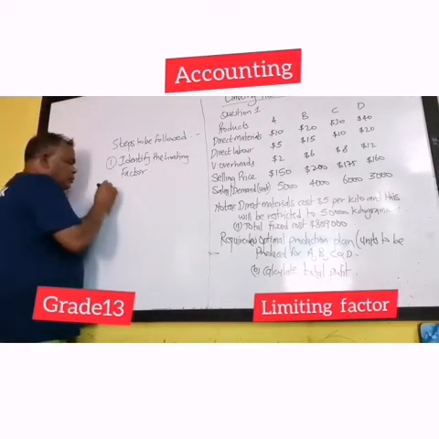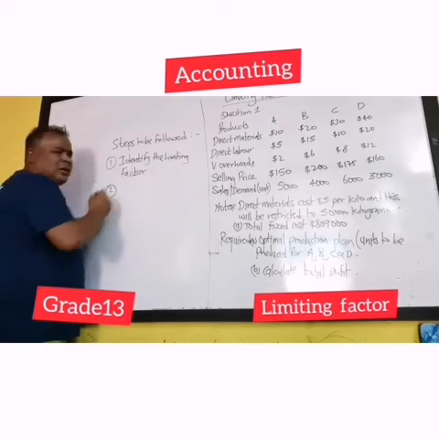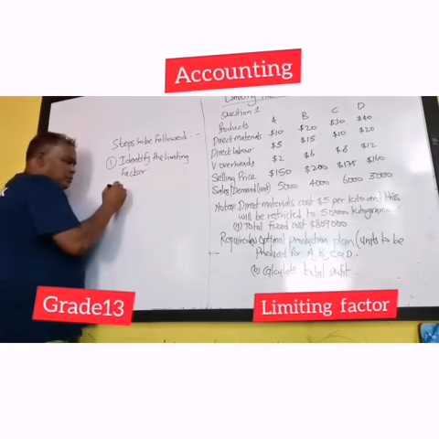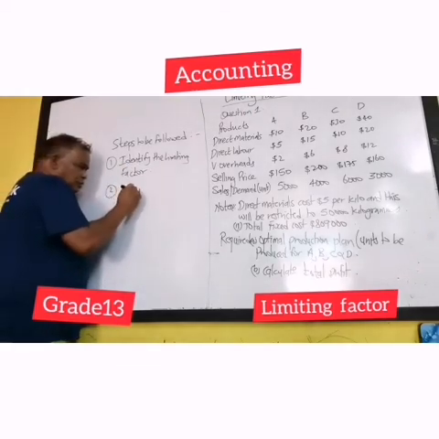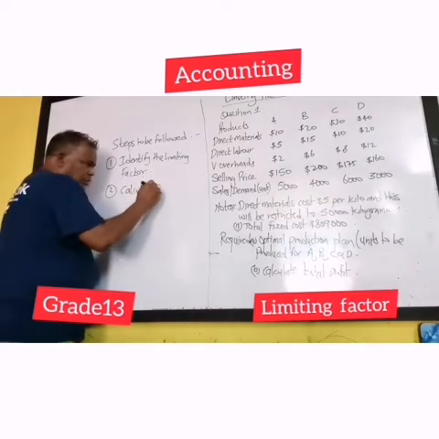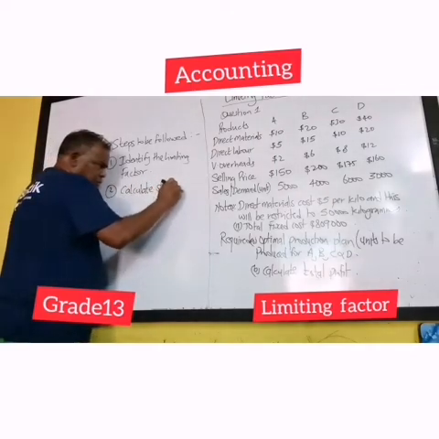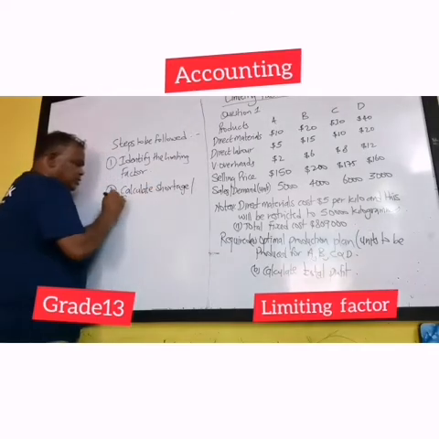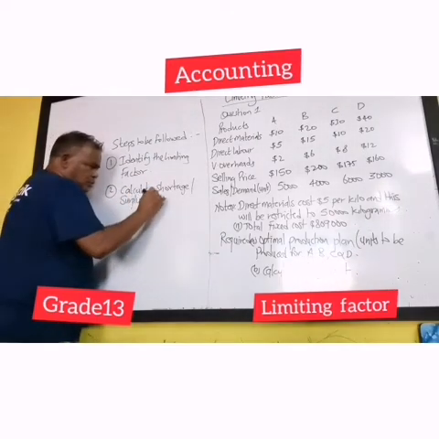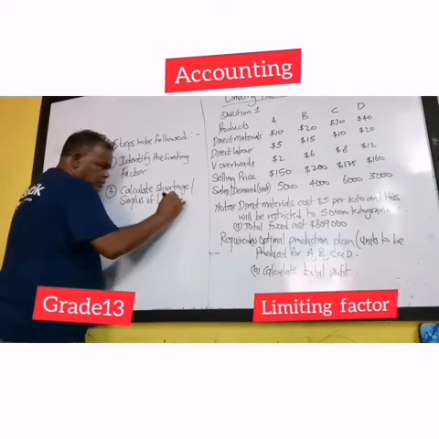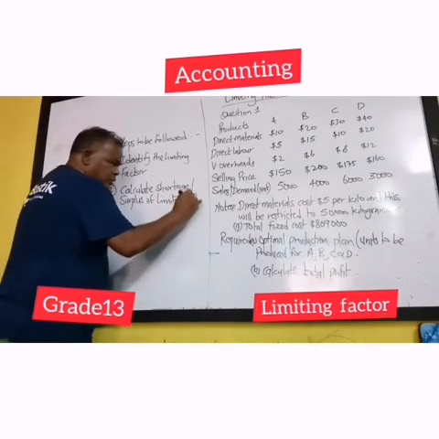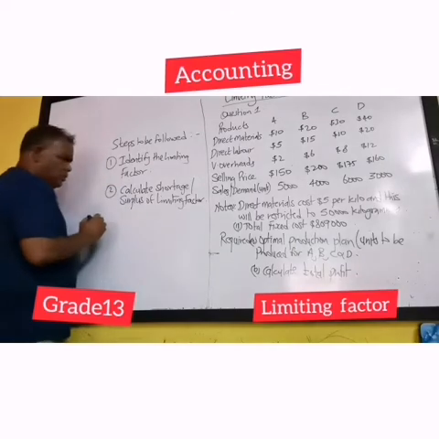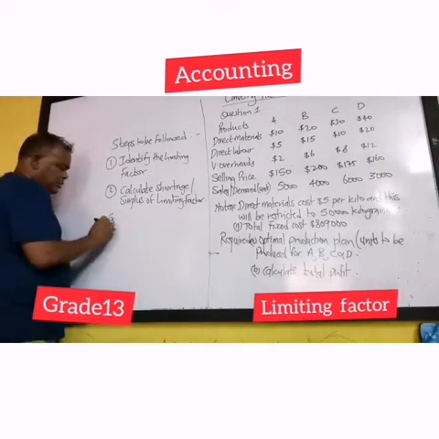Second, once the identification has been completed, we have to calculate shortage or surplus of limiting factor. So if there is a surplus, it means that there is no limiting factor, the business can produce to the maximum capacity. And third, we have to calculate